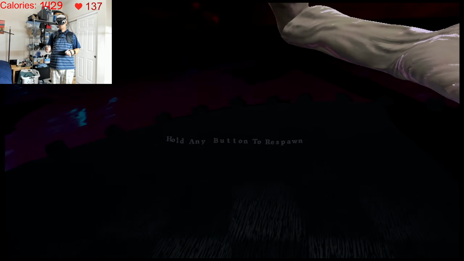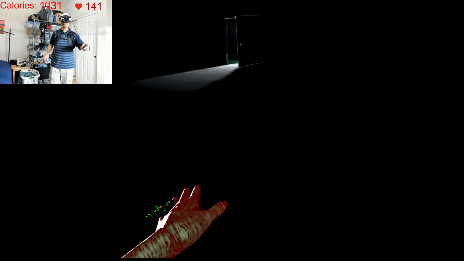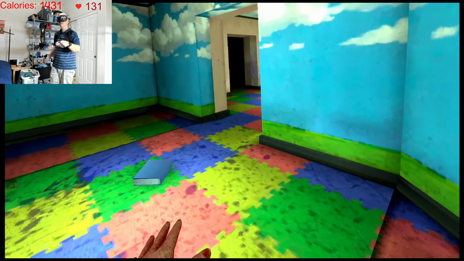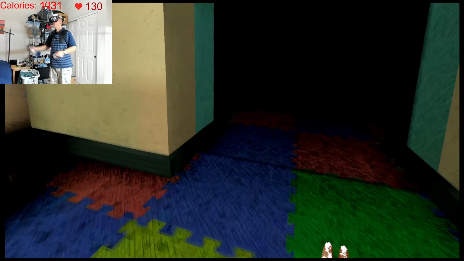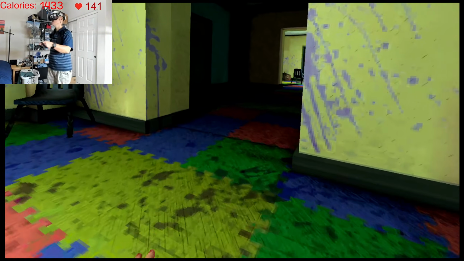Oh, I did something wrong. There's something that kills you, and I haven't figured out what it is yet. But that's not the first time it's happened, where I've got the pillow and I'm blocking the laser beam, but I still die anyway. I'll review the footage later, but I think it might be that I wasn't looking in the right place.